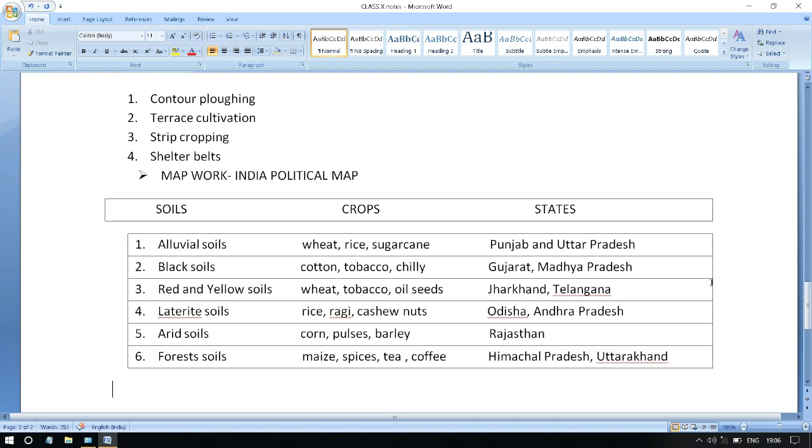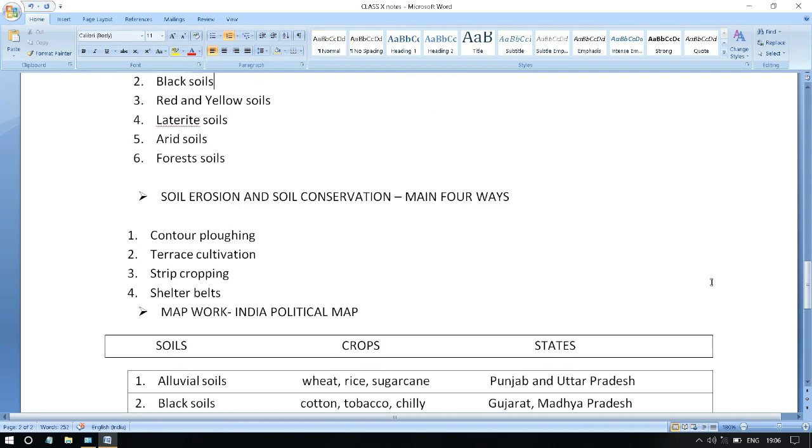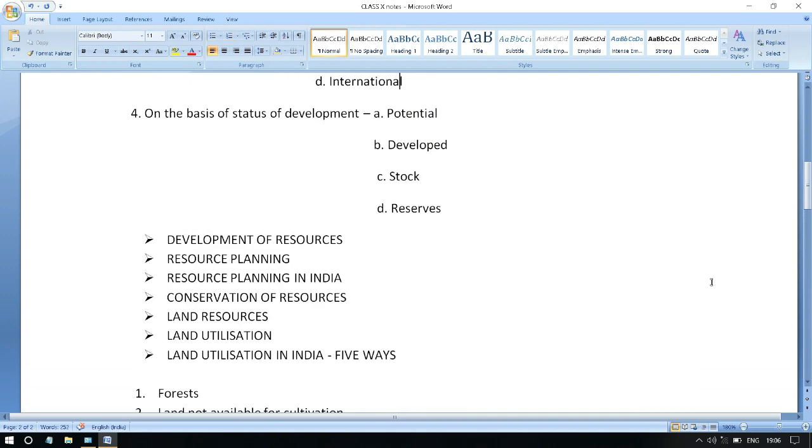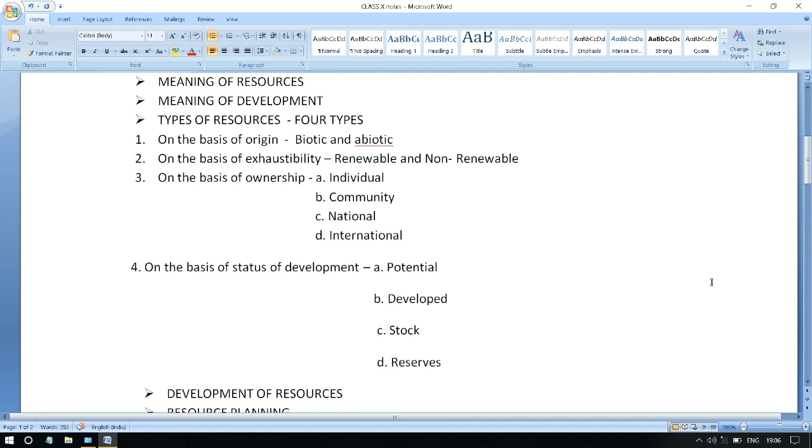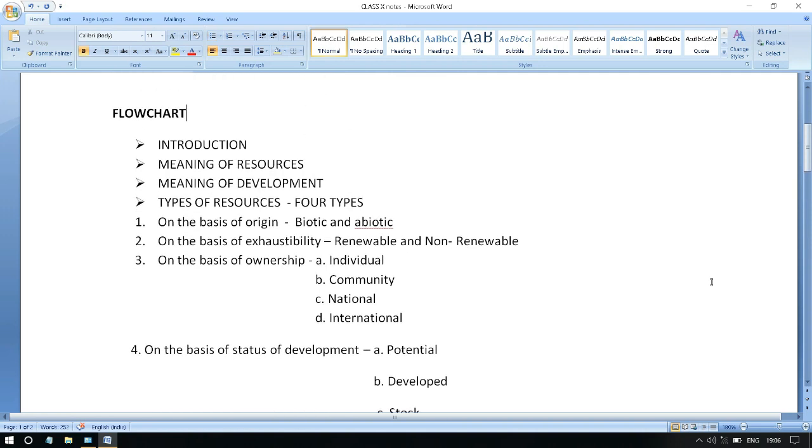Let's see what important headings I have mentioned. I have not left out any heading, because now we are going to see each and every heading, and what we actually write at the time of notes. These are the main points of the notes. We are going to take each heading one by one, and under that we are going to write two to three lines of whatever we have understood, under these headings.